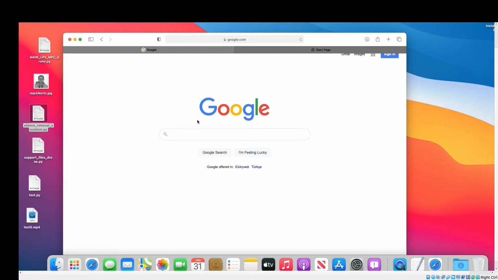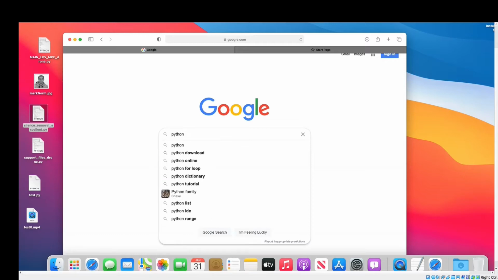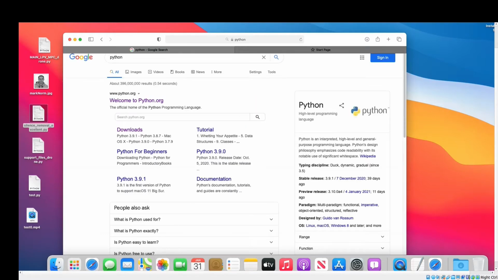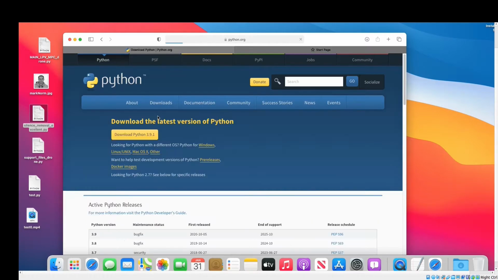Welcome back. So let's now install Python and its libraries for macOS, and we're gonna use the latest version, which is Big Sur. Let's start with going to the Python website. And now we're gonna go to Downloads, All Releases, and I would not like to download Python 3.9 because I want to make sure that all the other libraries that I'm going to be using are fully ready for that version. And so all my tests have been successful with Python